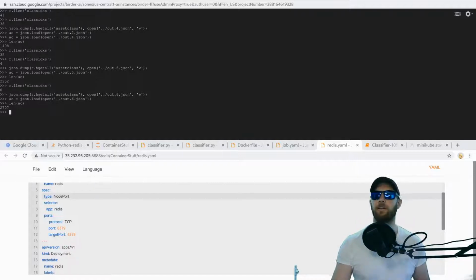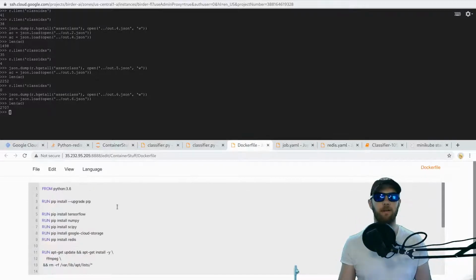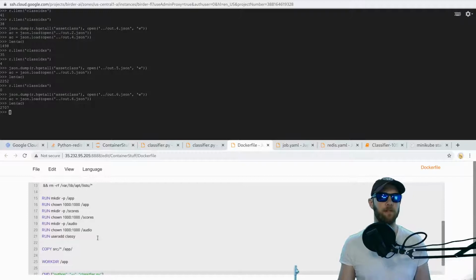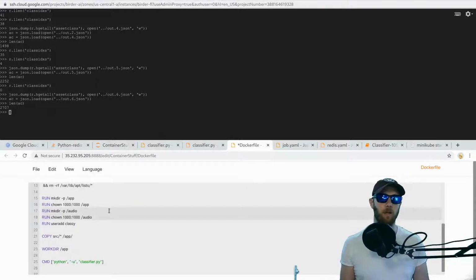In the Docker file here, the reason that I have these make directory commands, a lot of it's just left over from whenever this was running as just a Docker service or a Docker container locally instead of with minikube. I was attaching the volumes from my local drive. One was for scores. We can probably delete that, as well as audio. No, audio needs to be used, and app needs to be used,